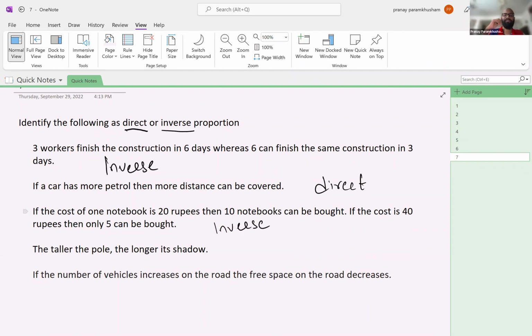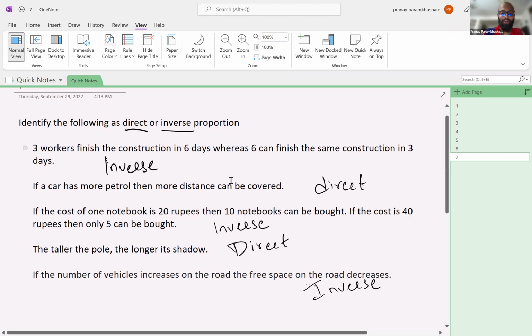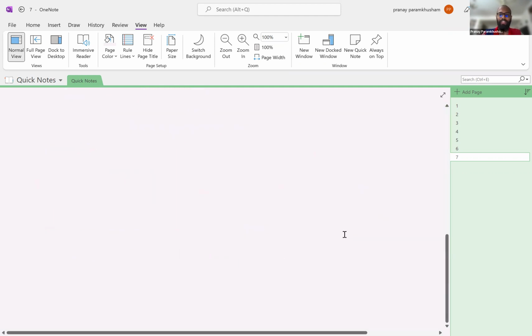Okay. All right, the taller the pole, the longer the shadow. It's direct. Okay. The number of vehicles increases on the road, then the free space on the road decreases. That's inverse. Yes. That's right. Okay. So now that you have an idea of how inverse is working, let's do a few